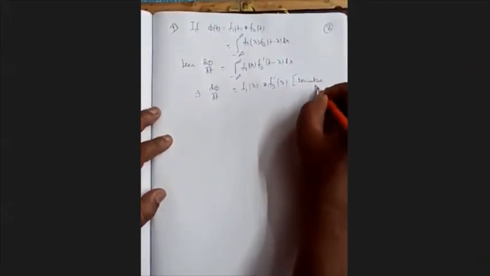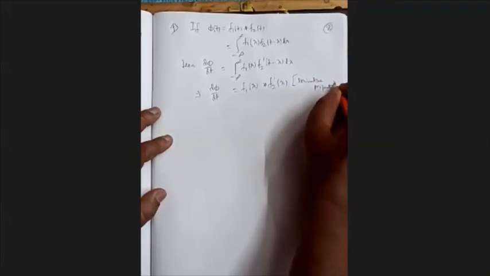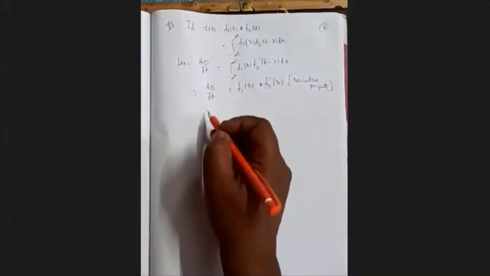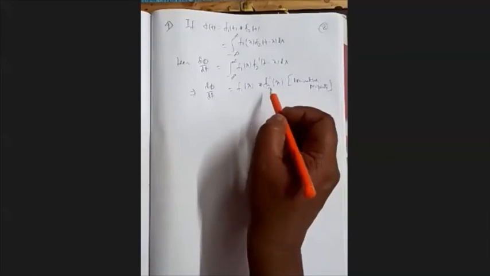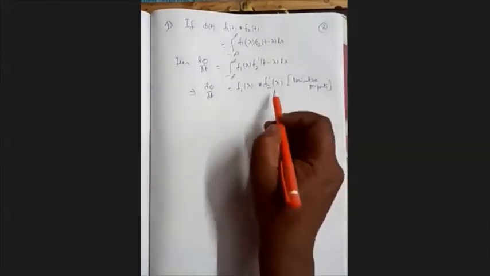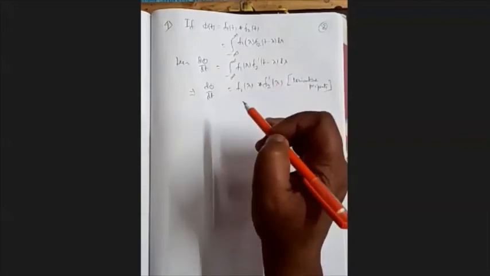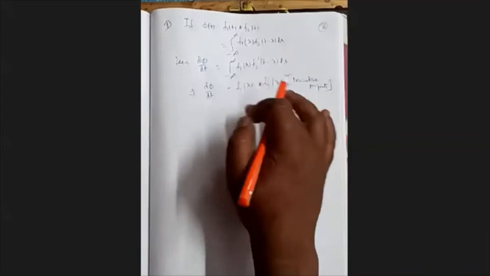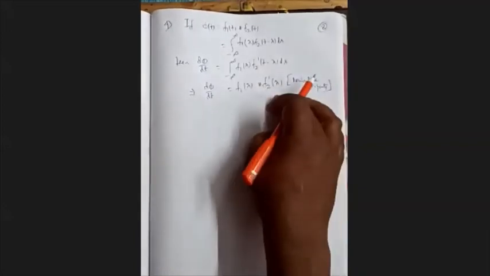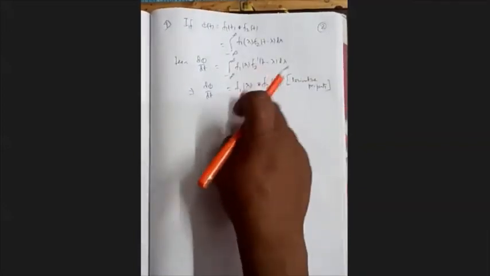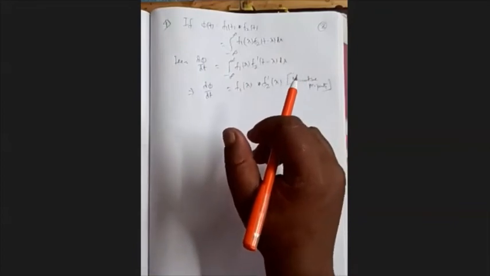Sometimes we have the misconception that when we take the derivative of a convolution, both the functions will undergo differentiation. No, only one function will be differentiated. The other function will remain the same, no change. Okay.